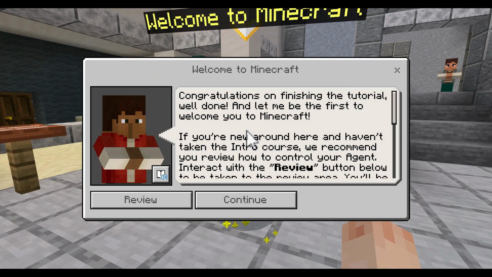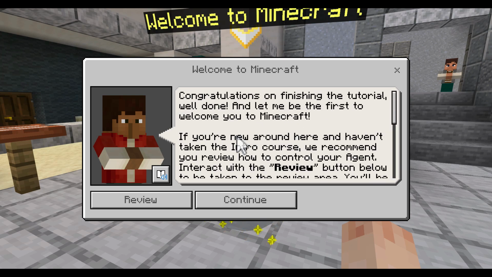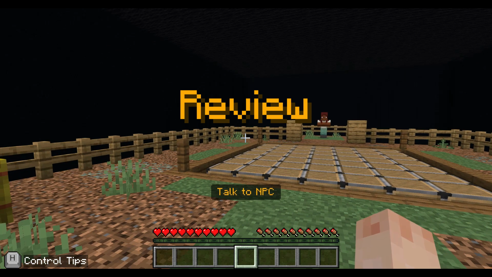Now, remember, this is the intermediate course. Some of your students may have taken the basic or introductory course in 6th grade. We used to offer it at our school, but we replaced that with computer science discovery. So not everybody gets it in the 6th grade. Sometimes intermediate is their introduction. So if they are new, and just have everybody stay on the same course, and even if they aren't new, it's always good to do a review. So if you're new, and you haven't done the basic stuff from the previous course before, or you haven't taken this course before, or even if you're just teaching this class and you want your students to all stay together, click on review. And as soon as you click on review, we're transported into this